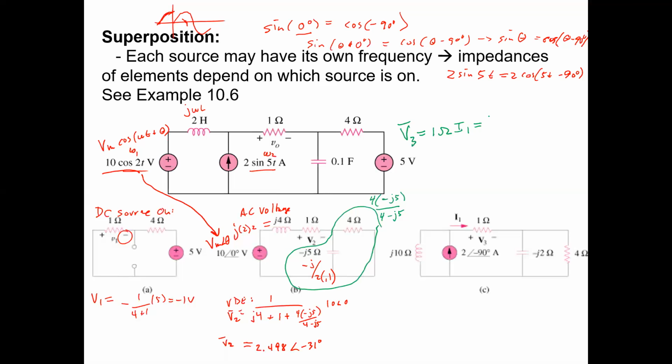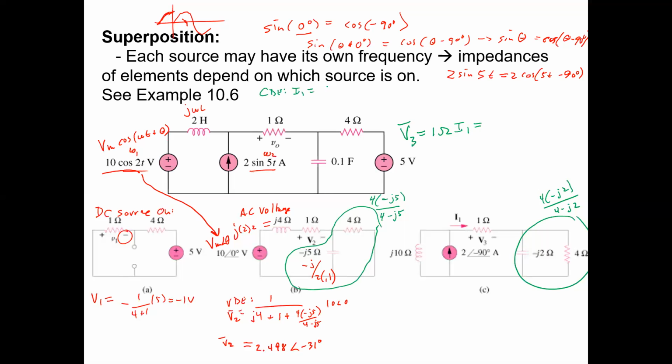It's pretty messy, right? Remember the sum of the reciprocal of the sum of the reciprocals. So I1 is going to equal, well, let's first look at this thing. We're going to have to combine this guy, and this is going to be 4 times minus J2 over 4 minus J2. Now the current divider formula says, I1 is going to be, remember the current divider equation says